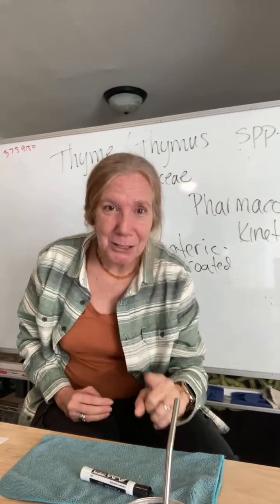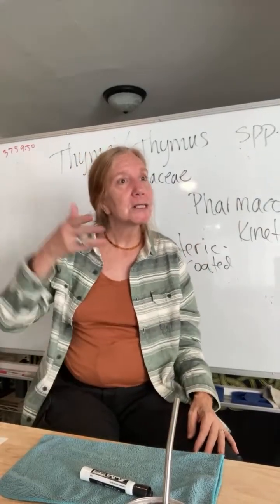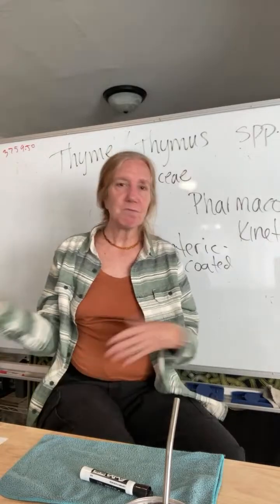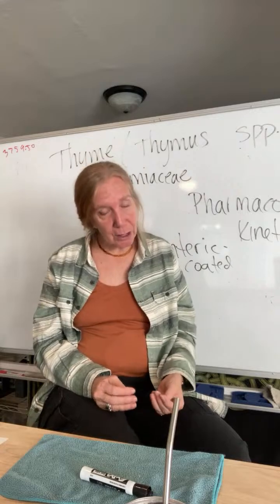You already said marshmallows, so you already knew. Marshmallows are the plant to throw into something. If it's too dry, throw in marshmallow. It's going to moisten it. But you can't do that in a hot tea, right? You can do it in a hot tea. So